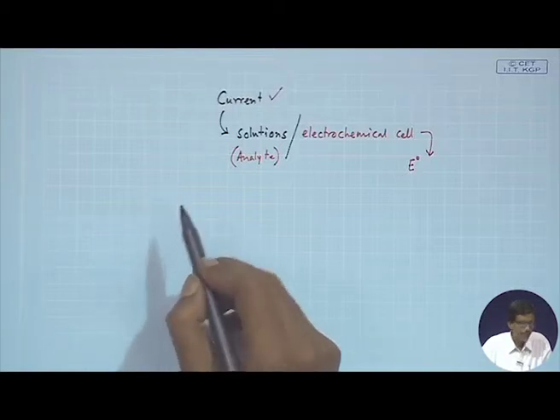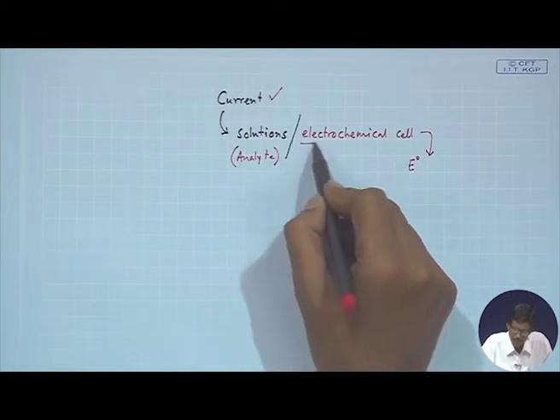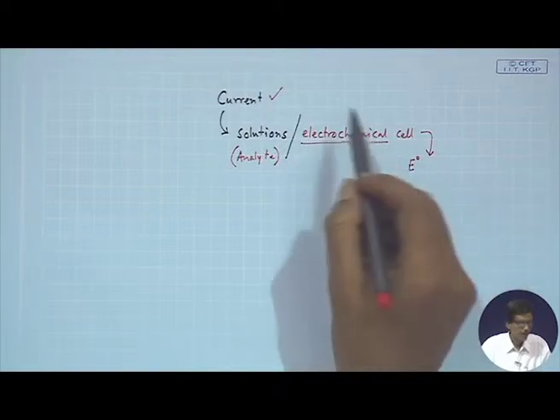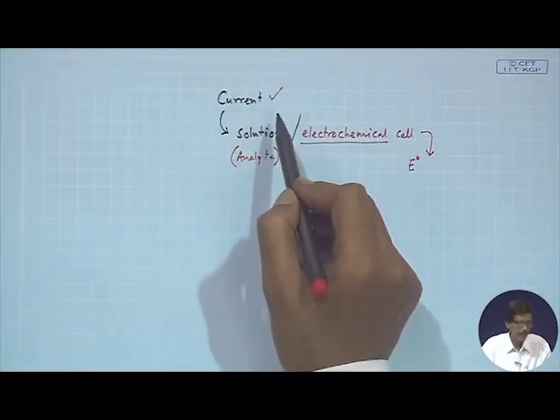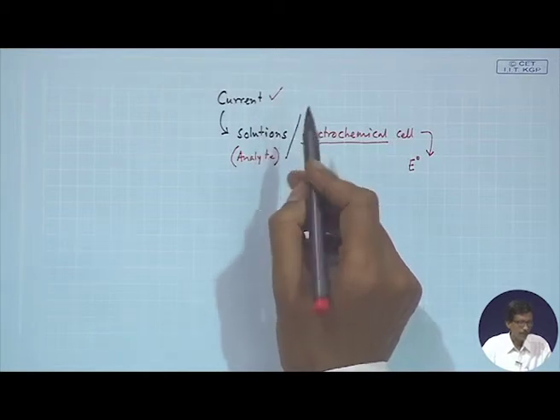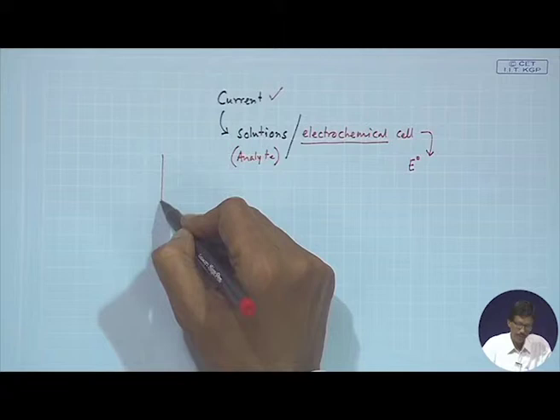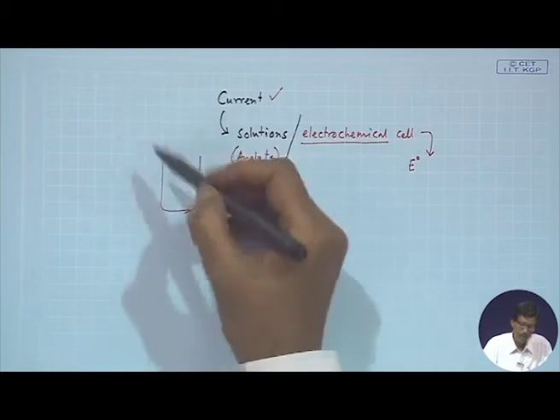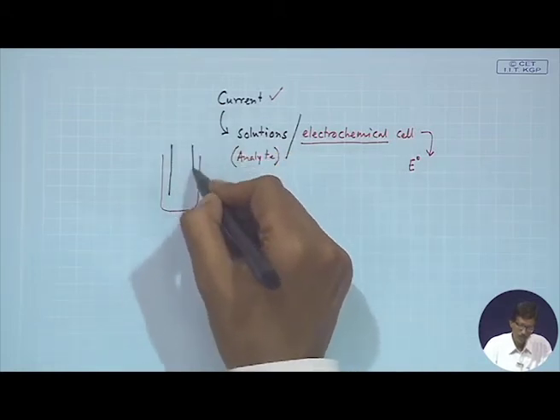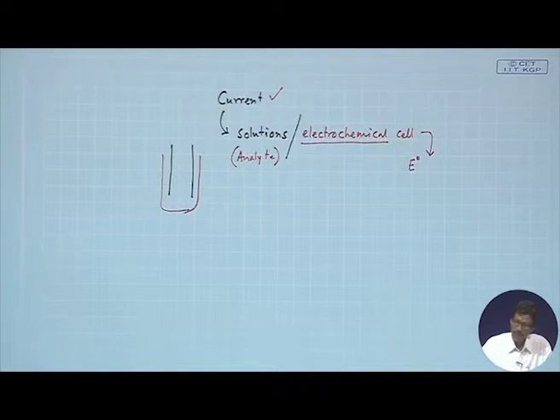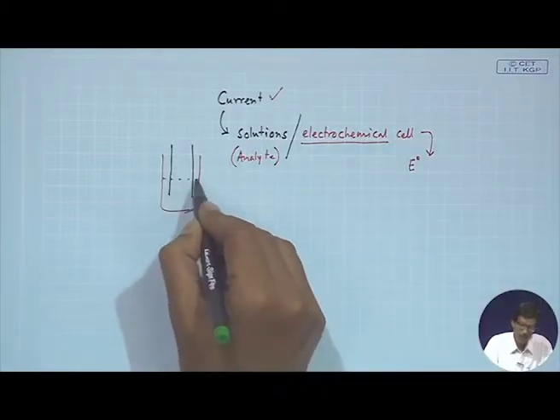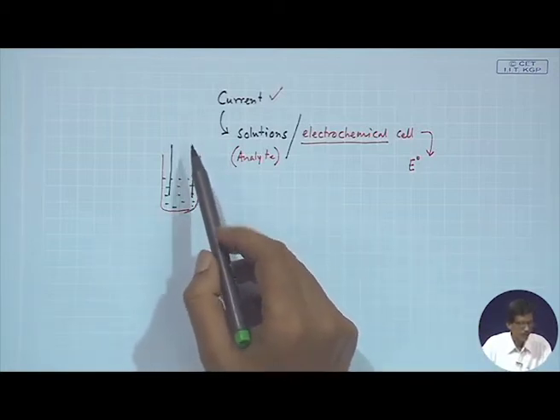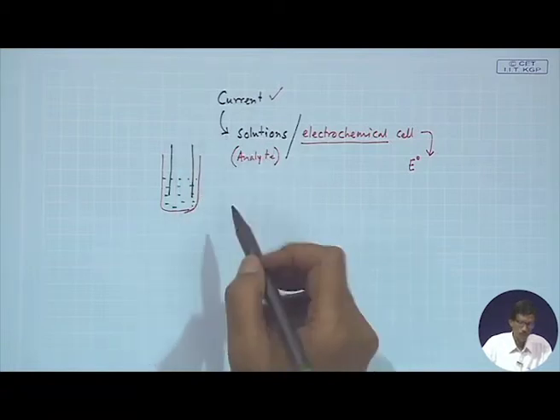So, the net current in an electrochemical cell, what we have defined earlier also, the one is your galvanic cell and another is your electrolytic cell. So, the net current in an electrochemical cell can be measured by the potential across the two electrodes. So, if you have a cell or any simple beaker and we have two electrodes inserted within the solution, and how we measure, that means the measured potential across the two electrodes.